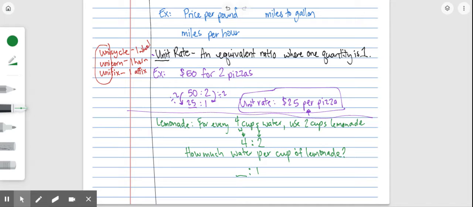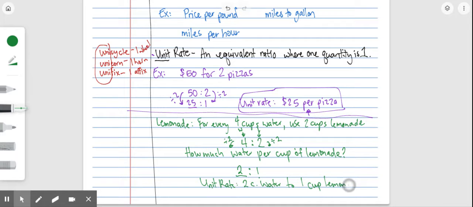Okay. It's the same idea as we did before. I notice that I have 2, and I want it to become 1. So I need to divide by 2, which means I'm dividing the number of cups of water by 2, which gives me 2 cups of water for 1 cup of lemonade. So the unit rate is 2 cups water to 1 cup